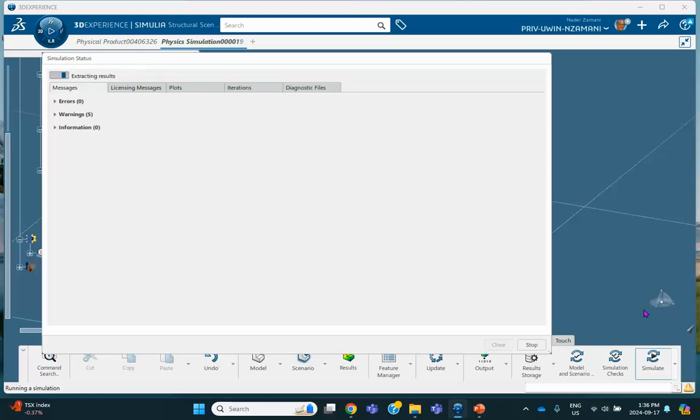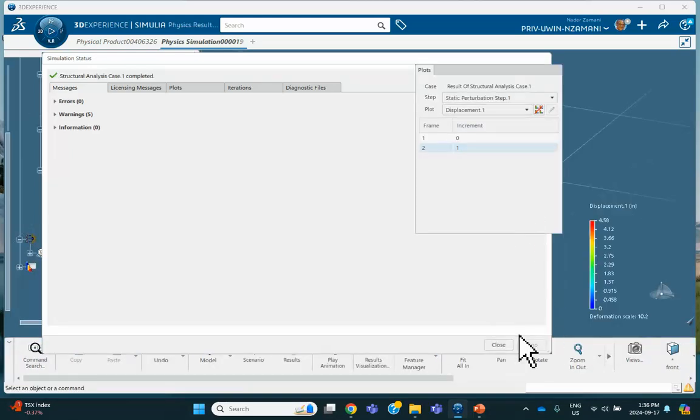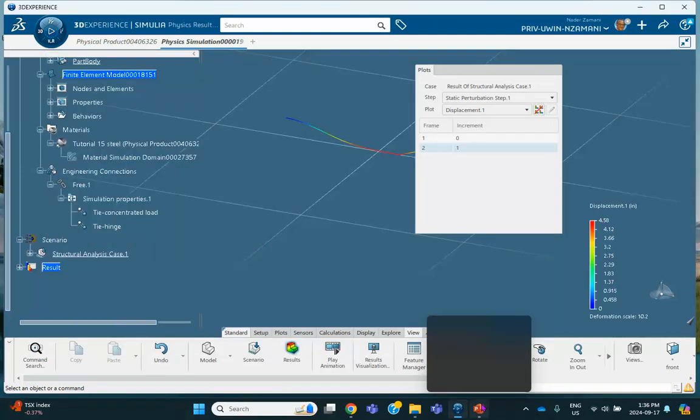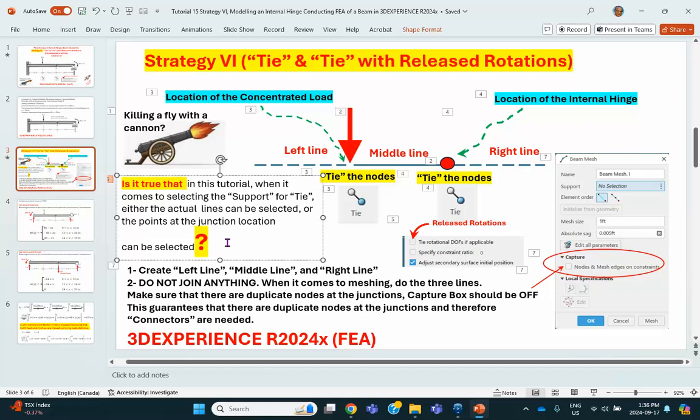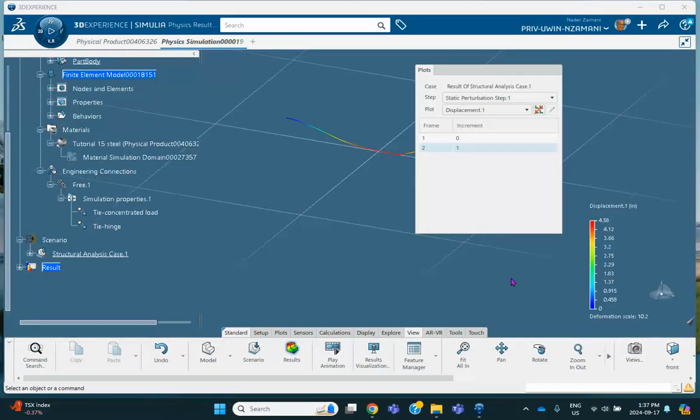Now let's see if it does run, but let's see if we get the correct value, 4.58. And you do. So the answer to this is yes. And that takes care of the